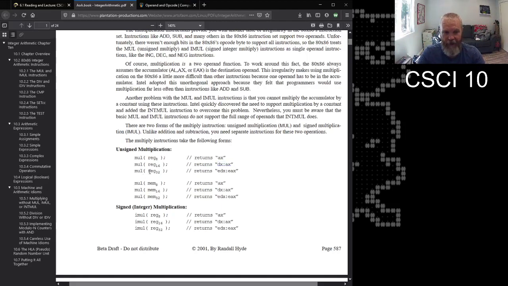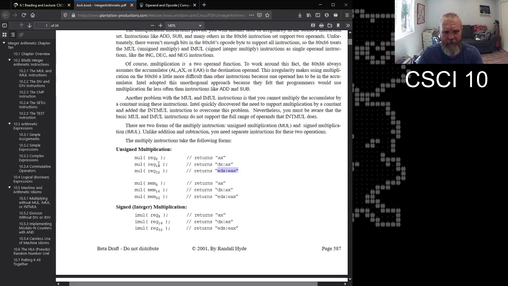The same thing applies to 32-bit multiplication. How do I get those 64 bits of results somehow put back together? For the most part in our class, we're not going to worry about it. For your own experience, it's just to have seen that this is how it's done on this particular processor.